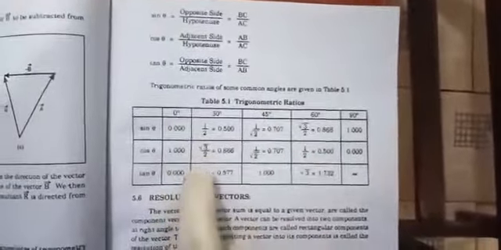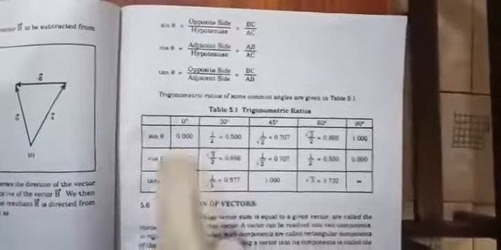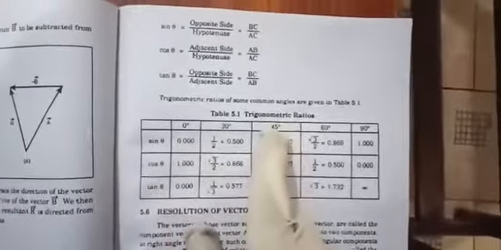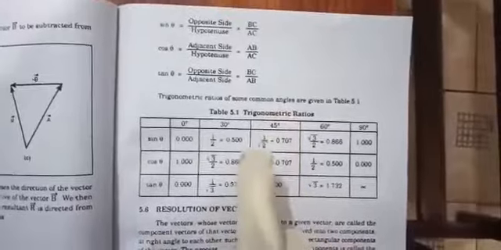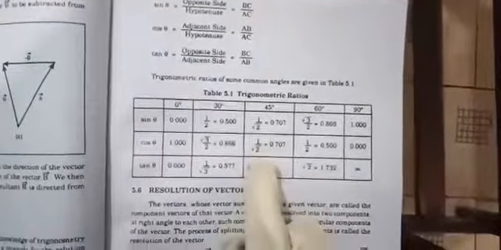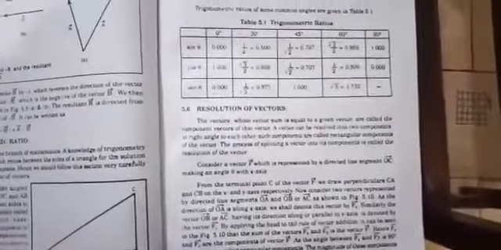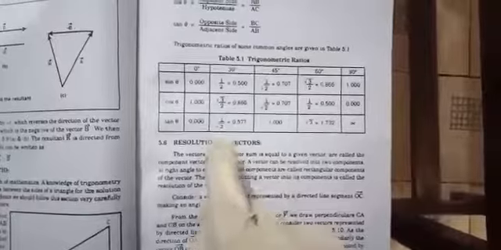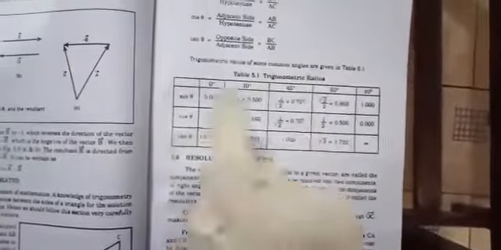Here in this question the theta is 45 degrees. So sine 45 is equal to 1 under 2, and cos 45 is also equal to 1 under 2. This table is given on page number 77. Just look at page number 77 in your book, and then you will get the idea what the values of sine 45 and cos 45 are. Simply we have to put the values in place of theta like this.